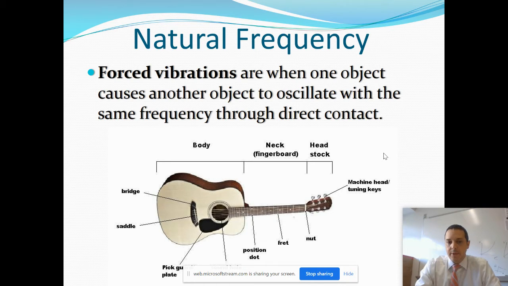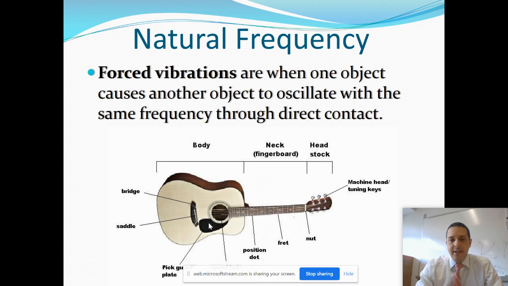This is basically how a guitar works. Whenever you strike a string, the string itself is oscillating at some particular frequency. There's something called a bridge at the base of the guitar where the string is attached, and that's attached to the hollow part of the guitar. When the string is oscillating, it forces its vibrations onto the bridge. And the bridge, aptly named, is the bridge between the oscillating string at some frequency and the body of the guitar. The vibrations are forced from the string onto the bridge and onto the body of the guitar. And it's actually the body of the guitar that sends the music out and not the strings. The strings are the source, but they force their vibrations onto the guitar,